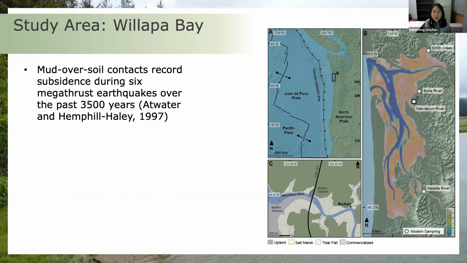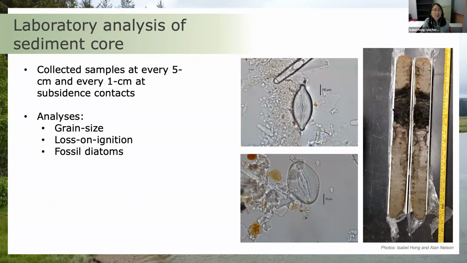And what was great about this study here referenced by Atwater and Hemphill-Haley in 1997 is that Eileen Hemphill-Haley actually looked at the fossil diatom assemblages and used a method known as factor analysis to show that we're seeing changes in these diatom assemblages that are indicative of a great amount of subsidence through time. And then, the goal was to revisit one of these locations that was described by Brian Atwater and Eileen Hemphill-Haley to then collect a sediment core where we can see that change happening in land level preserved in the